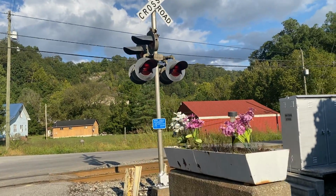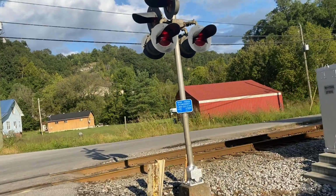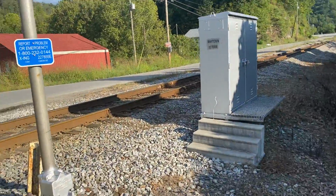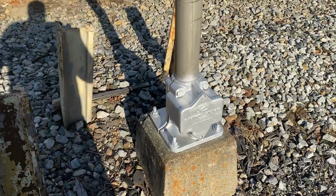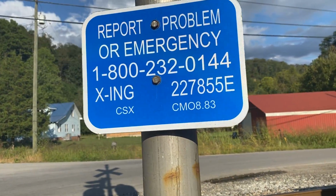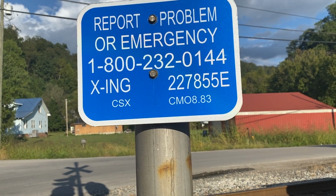Alright, here I have Kentucky 777 railroad crossing in Langley, Kentucky. Here at the first signal, it has a safe train base. Here I have a CSX emergency information. The DOT number is 227-855E and milepost is